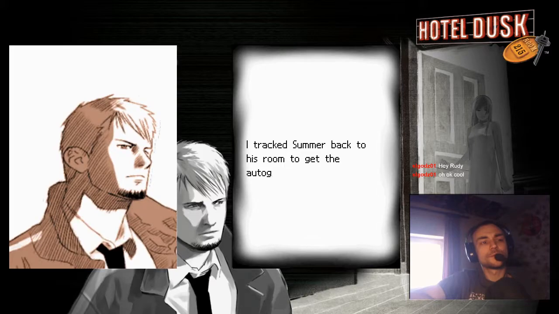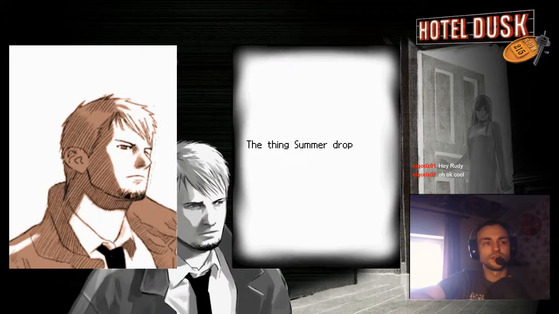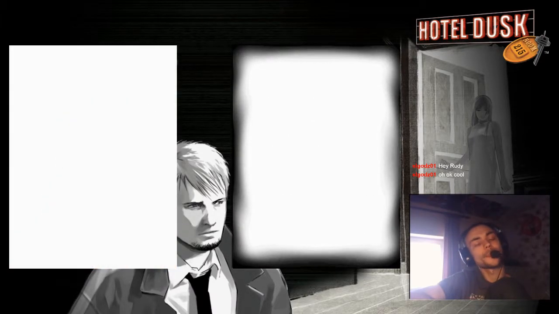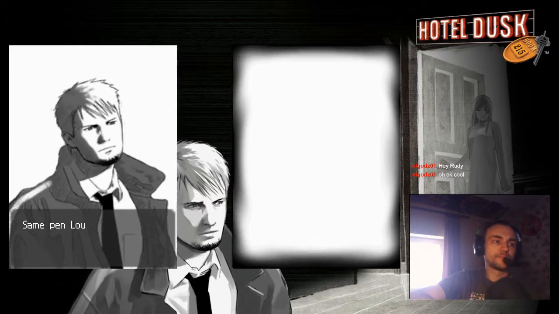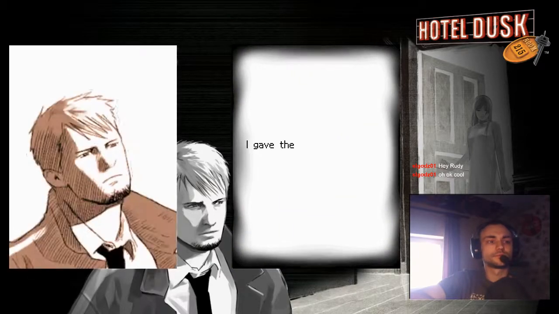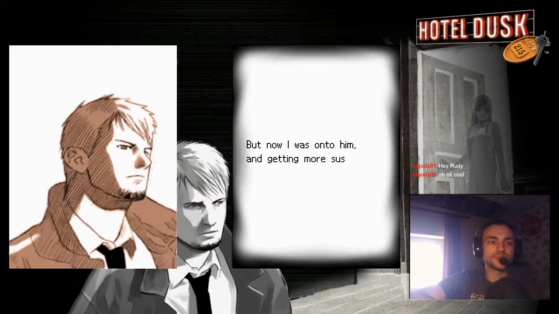I tracked Summer back to his room to get the autograph. That's when Summer noticed he'd lost something. The thing Summer dropped was the fountain pen. That's right. Summer lost a pen. Same pen Louis found and gave to me. I gave the pen to Summer and he signed Rosa's book, but now I was onto him and getting more